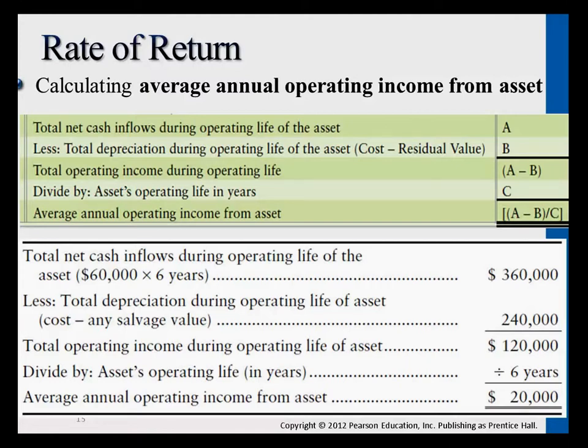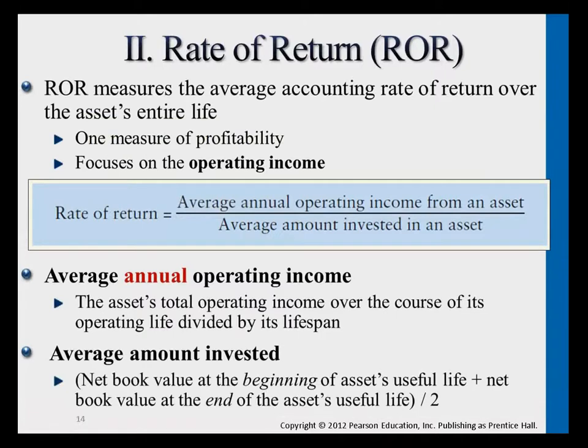Now we already know how many years. We multiplied $60,000 by 6 years, so we know the life expectancy of that asset is 6 years. So we divide by 6 years, and $120,000 divided by 6 is an average annual operating income from the asset of $20,000. This is how we calculate the top portion of the rate of return formula that I showed you on the previous slide. Rate of return is average annual operating income from an asset divided by the average amount invested